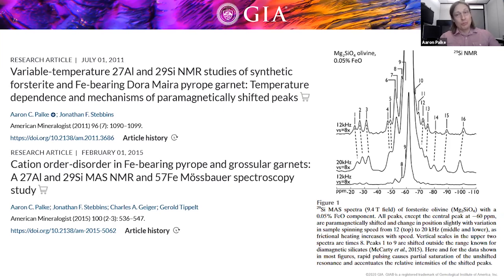I recently went back and looked at some of the publications that I put out from that time, and a couple titles are shown there on the left. And I was a little bit shocked because it's just so dramatically different from what I'm doing now. You can look at these titles and I don't expect you to read them or understand them or even care about them. But basically I want to say the point of all this is that